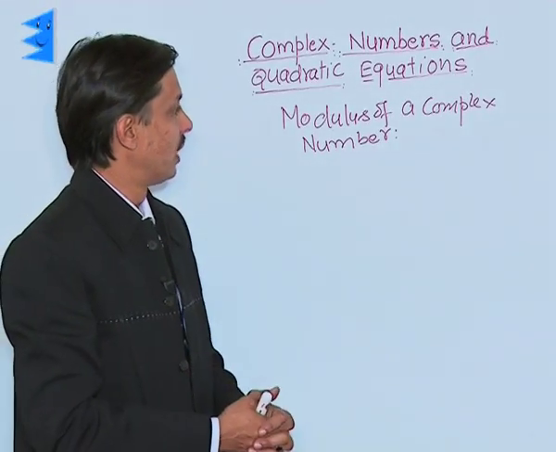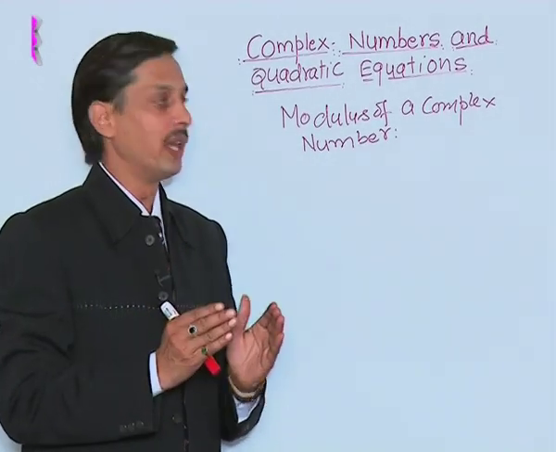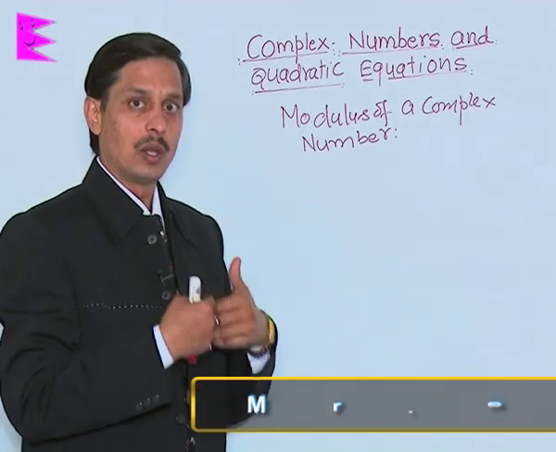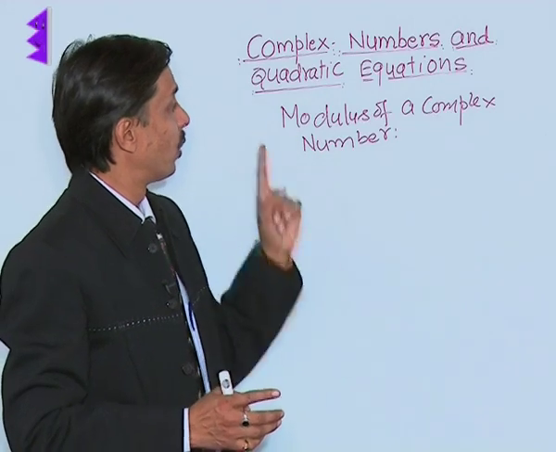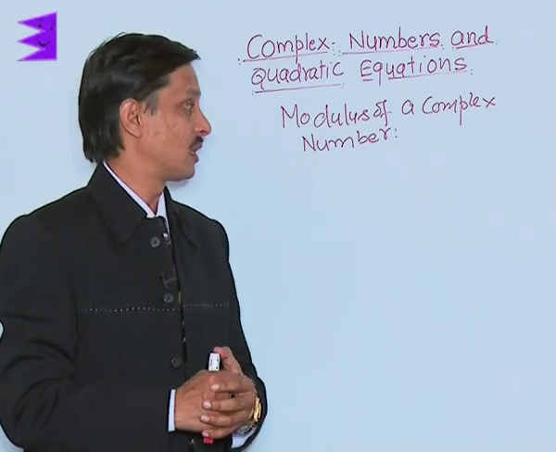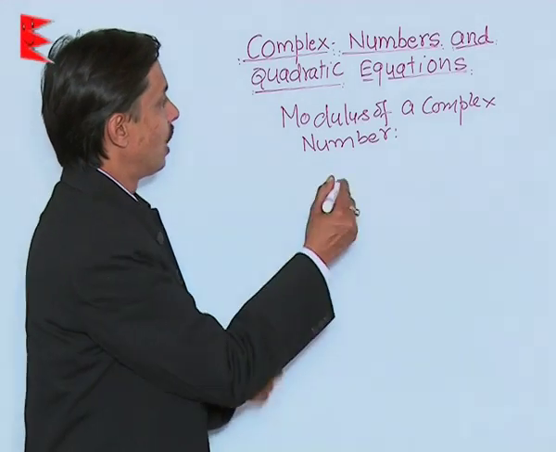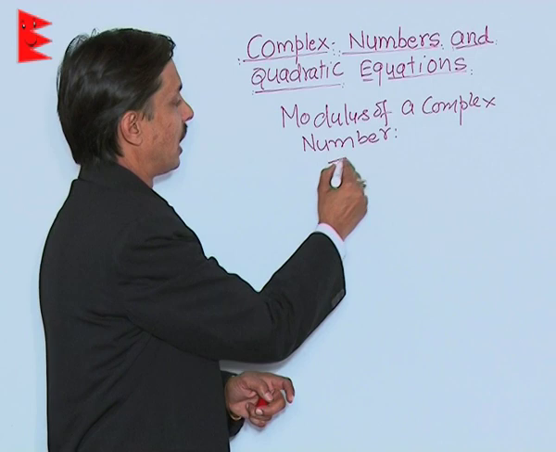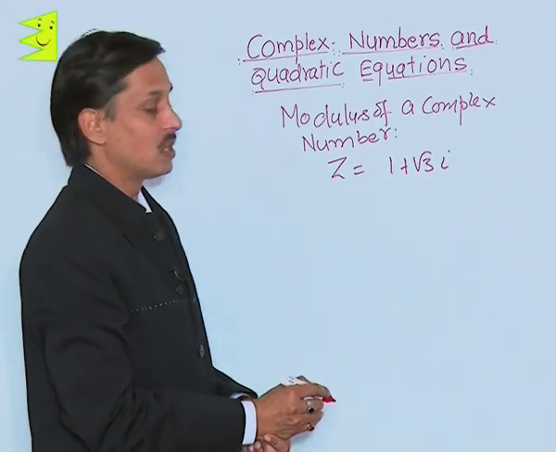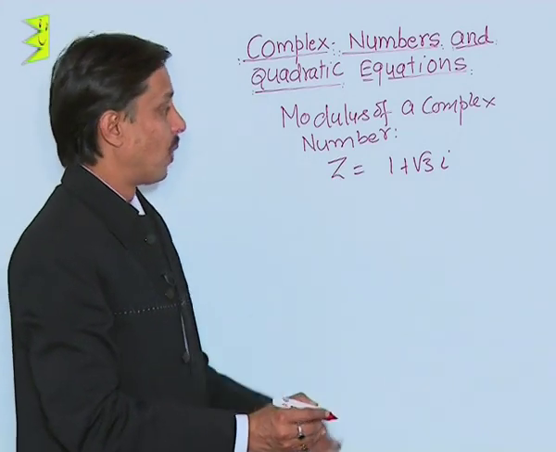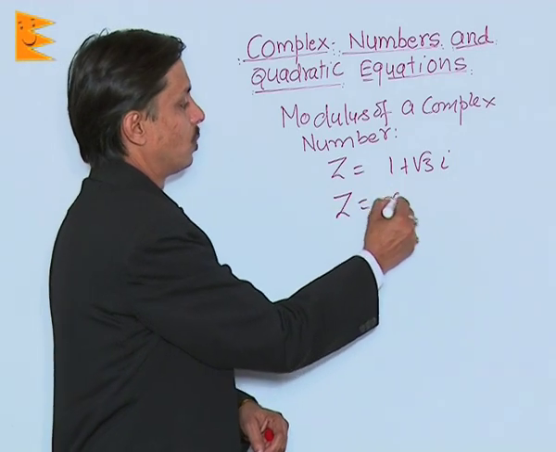Now another important piece of information about complex numbers, after finding the conjugate that I have discussed with you, is how to find the modulus of a complex number. To find the modulus of a complex number, we must remember that if z is equal to 1 plus root 3 iota, and this is a complex number, then to find its modulus, in general, if z is equal to